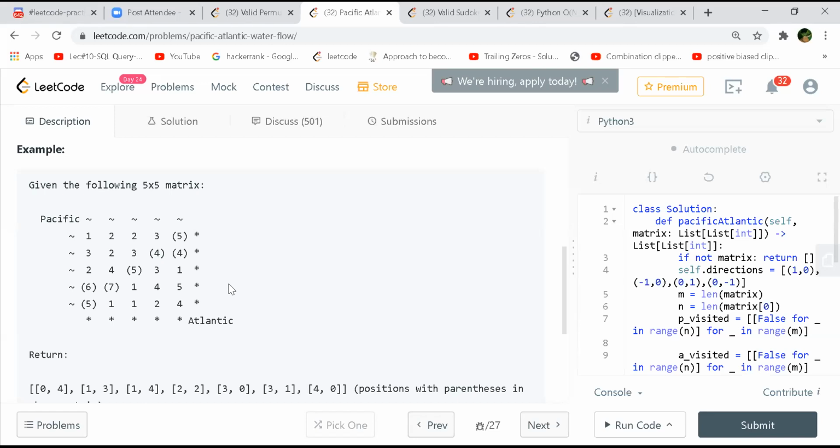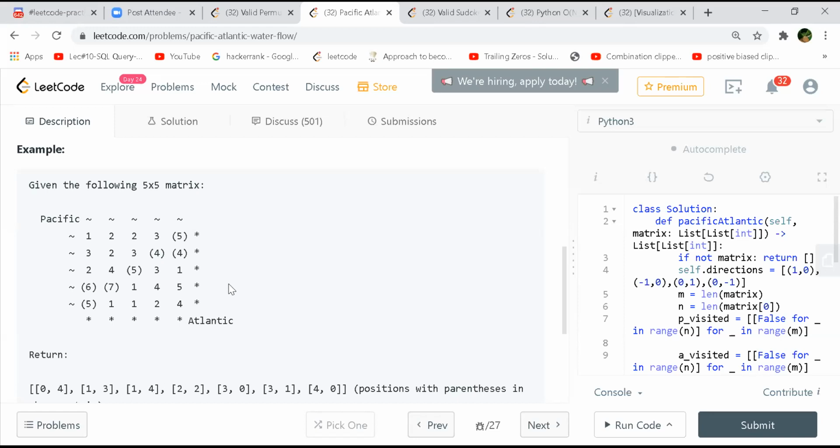Okay, so you mean to say you maintain an array, and for each and every cell, you go in all the directions. You start any BFS or DFS, and when you hit the Atlantic or Pacific, or both, or either one of them, you store that state in that particular cell. Correct? Yeah. Okay. That would be the brute force one.